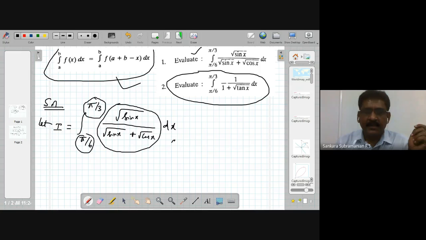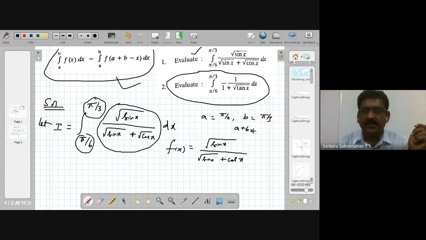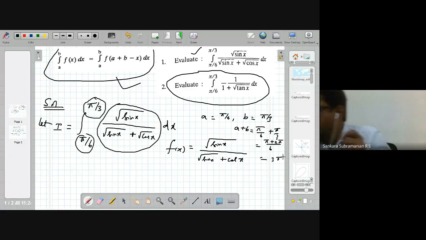So here f of x is equal to square root of sin x divided by square root of sin x plus square root of cos x, right? Here a is given as pi by 6, b is given to be pi by 3, the upper limit. So I want to find a plus b. What is a plus b? Pi by 6 plus pi by 3, which is equal to, if you take LCM as 6, pi plus 2 pi, which is equal to 3 pi by 6,